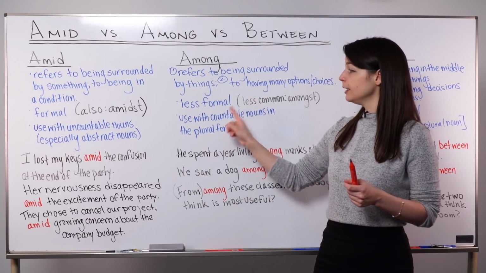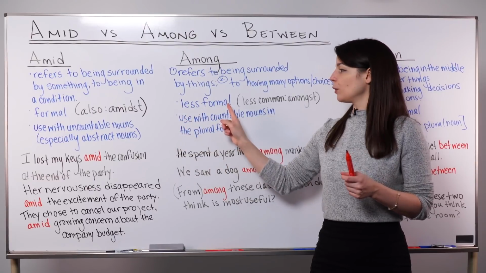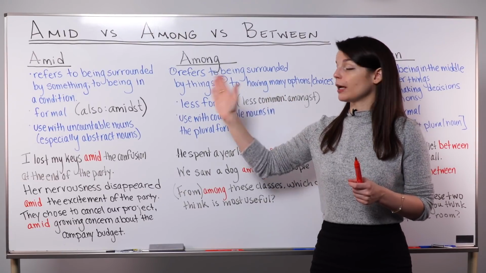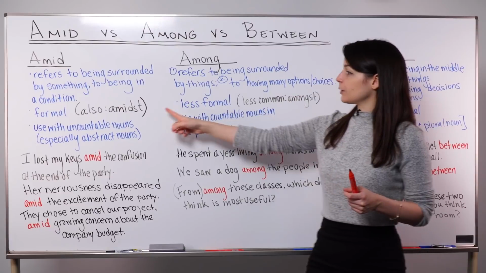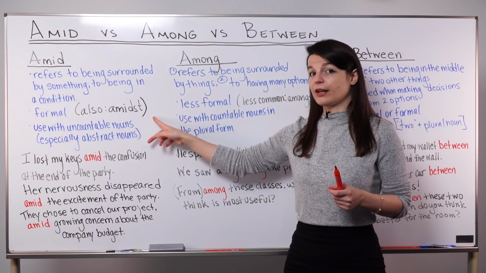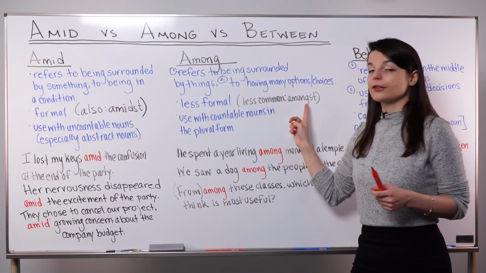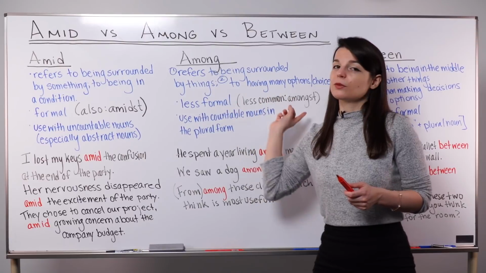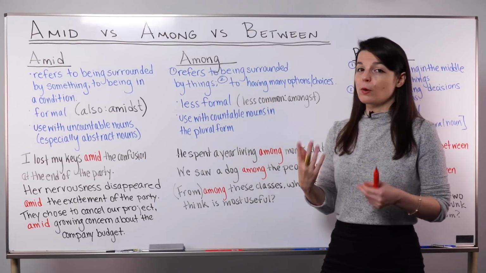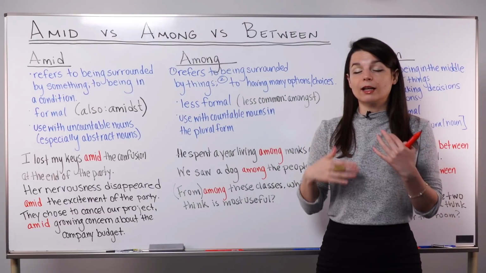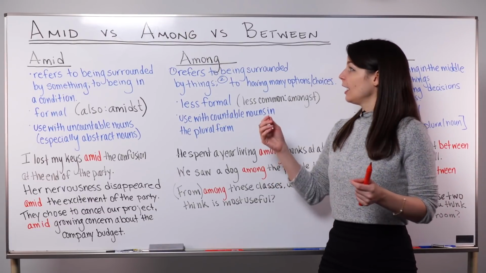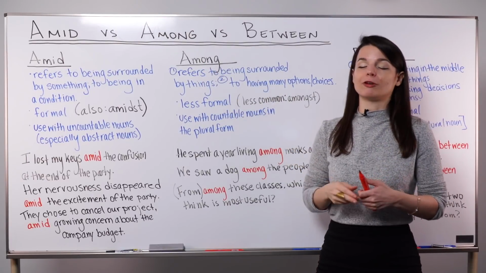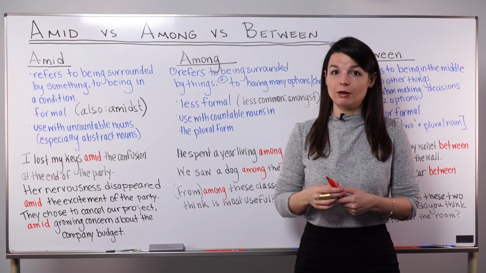Okay, among is less formal than amid. So you will probably see this more commonly, or you'll see this more often than the word amid. Like amid, as we talked about with amidst, this kind of old-fashioned, archaic word, among also has one. The word is amongst, but just like with amidst, this word is not used very much and it can sound quite old-fashioned. So it's going to sound like contemporary, modern, regular English today if you use among. So don't worry about using amongst. You may see it from time to time, but it has an older feel about it.